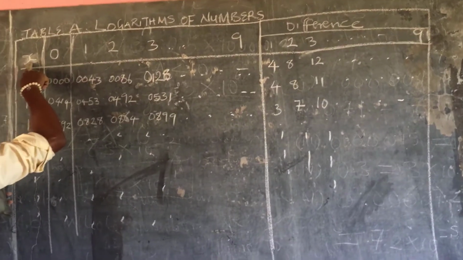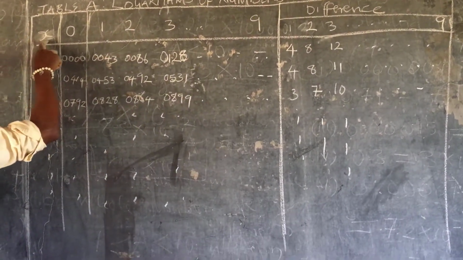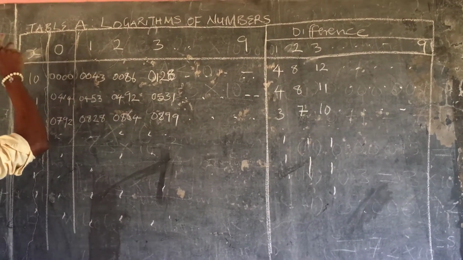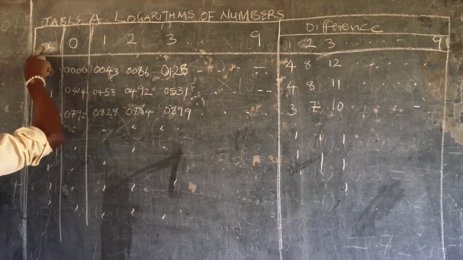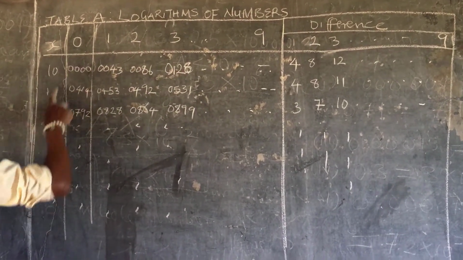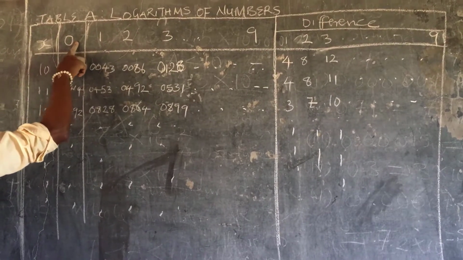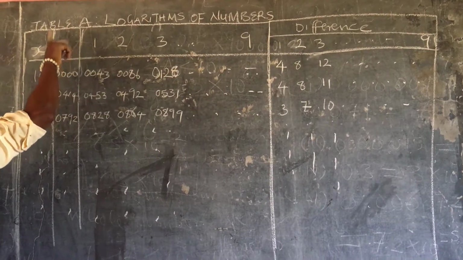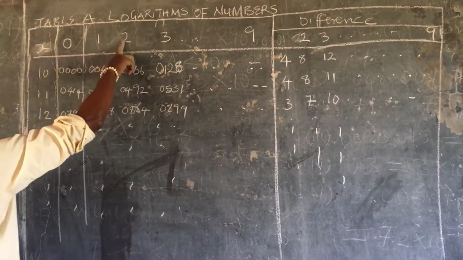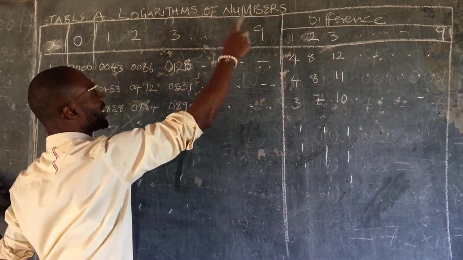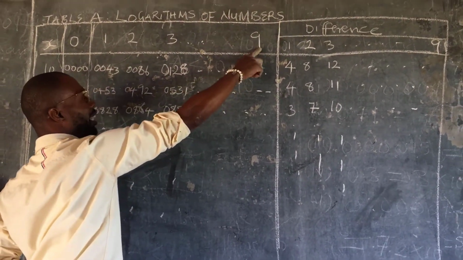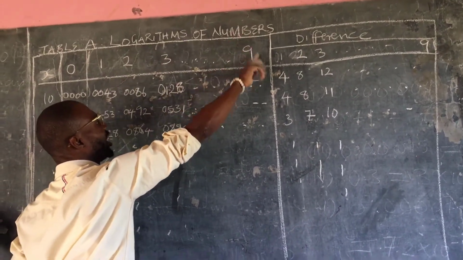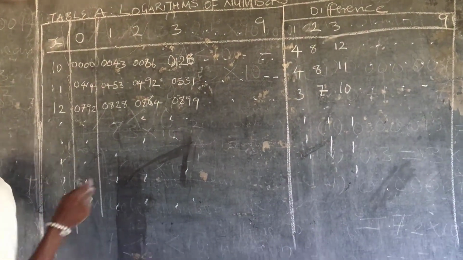So here, for the first column and first row, we see x. Then for the second column, still on the first row, we see 0. If you have a four-figure table, it will help you. Then we see 1, 2, 3, 4, 5, 6, 7, 8, 9. Now 9 is the last number. So the numbers progress in sequence like this until 9, and you stop there.